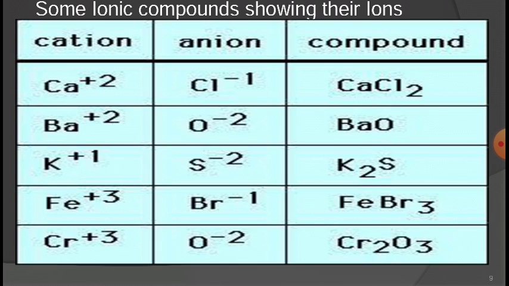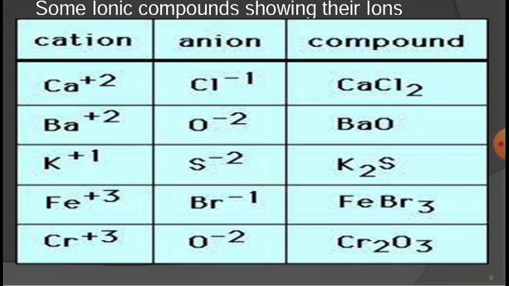The calcium ion is having a +2 charge and the chloride ion is having a -1 charge. So we need to compensate this +2 charge with negative charges. We need 2 chloride ions. That's why calcium chloride has the formula CaCl2. This formula tells us that calcium is 1, chloride is 2, and we can also consider the charges on these ions.